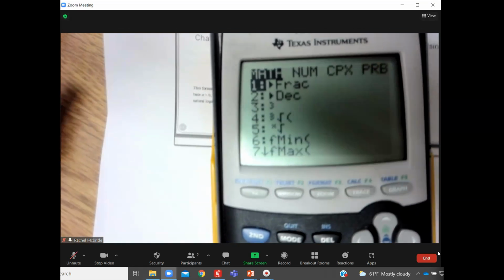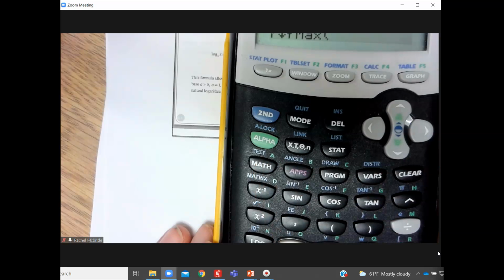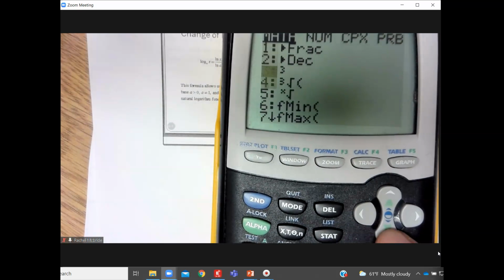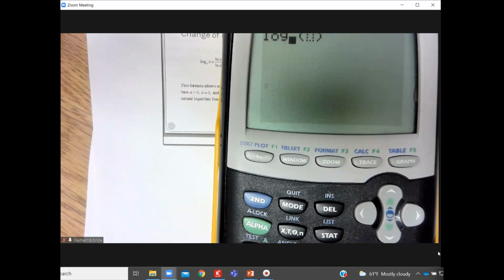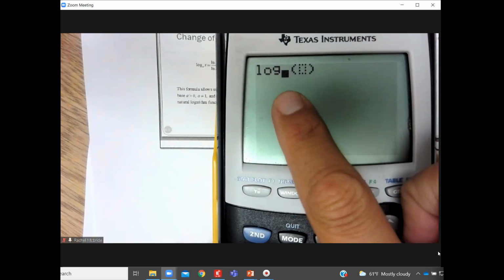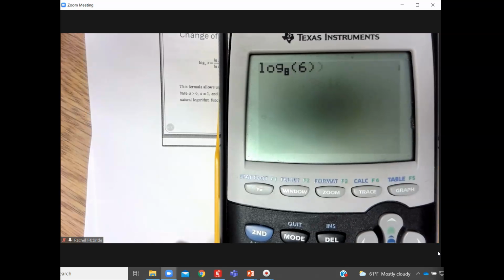So again, if you go to your graphing calculators and you hit the math key right here, you can now go down to where it says log base. That allows you to type in a log of any base. So you could do 8 and maybe 6 and you get your answer. So again, you could do any base. So if you made this, let's say, a 4 and a 2,